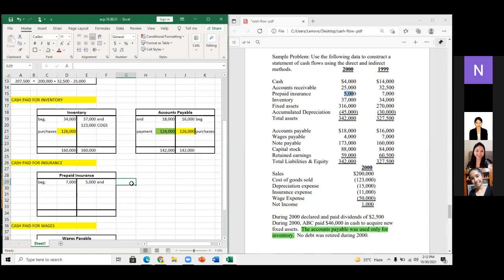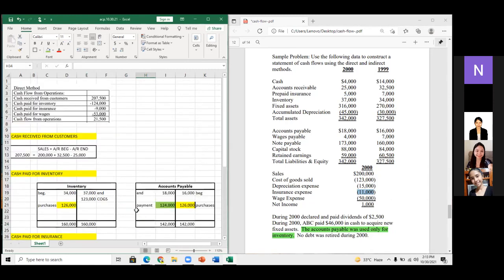Ang ginawa natin, kasi 'di ba, dito sa problem na may nakalagay insurance expense. Ito siya. So, itong 11,000 na insurance expense, ilalagay natin siya dito. 11,000 insurance expense. So, itong 11,000 na insurance expense, syempre pag-add natin to magiging 16. Total na 16,000 na. So, ang hinahanap natin ngayon, kung ilan ba yung binayaran natin nung time na yon sa